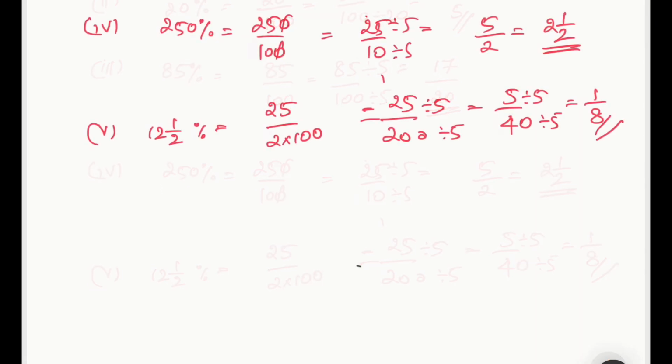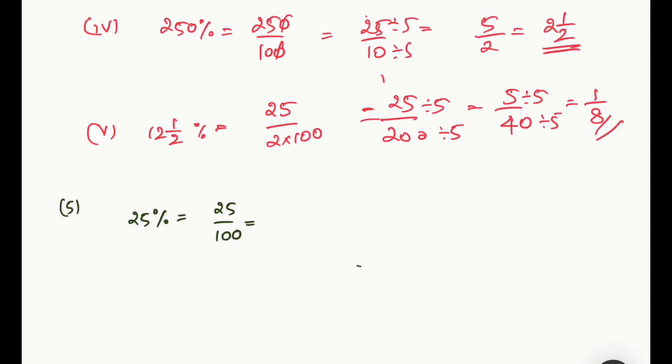Okay. Now coming to the fifth main. Express as decimal fraction. How do we express this as decimal fraction? So you have 25 percentage. 25 percentage, how do you write it? 25 by 100. So when you represent it as a decimal fraction, 25 by 100, how can you represent? It will be 2 zeros are divided, right? So 2 places. After 2 places from the side, you need to put a point. So you get 0.25.